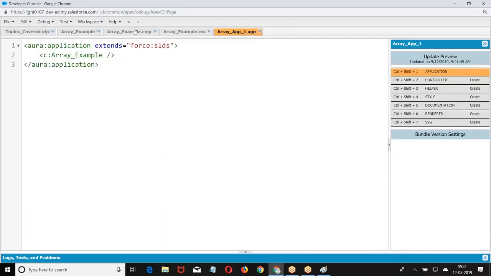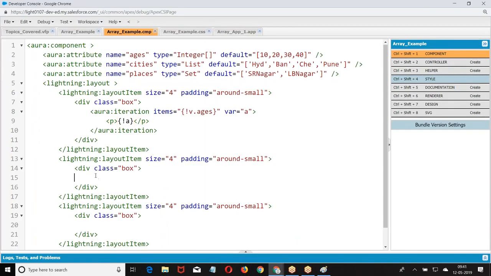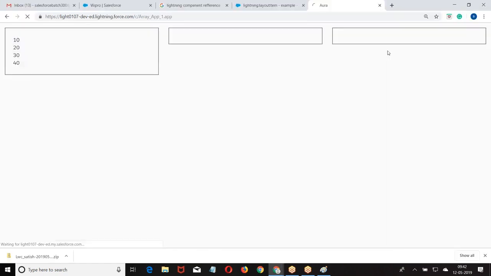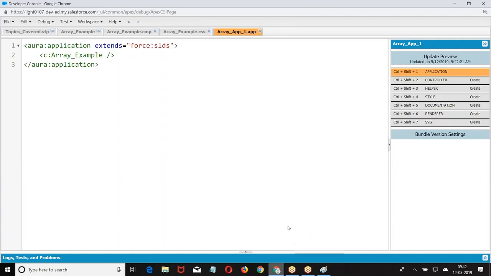Similarly, we have the next one, v dot, var equal to. So this is how we are printing the data.